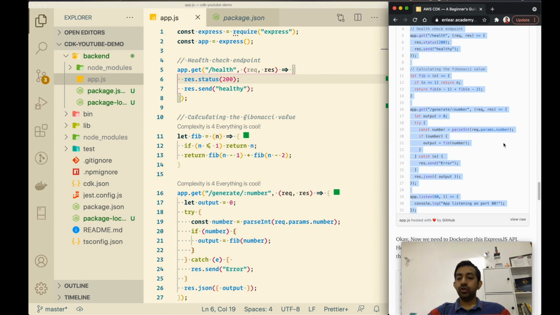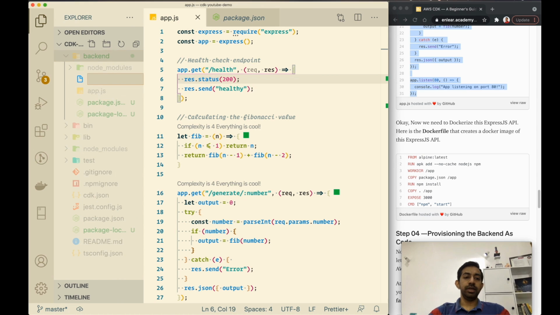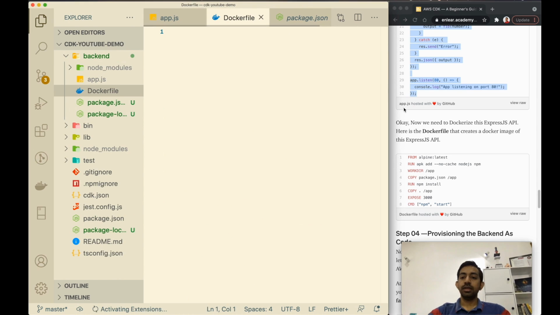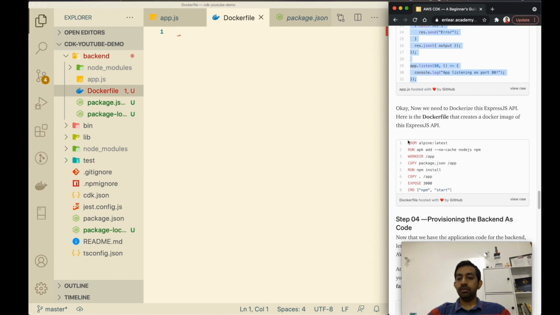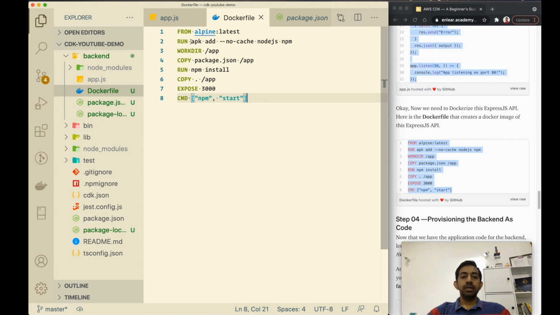In order to Dockerize, we need to have a Dockerfile. So here in the backend folder itself, I'm going to create a Dockerfile, and then I will copy paste this code, the Docker instructions, and save. If you quickly look at this, the base image is the Alpine image. This is a very small image, and then we are installing Node.js into that particular image, because I think the Alpine image doesn't have much really. So we need to install Node.js and npm, and then we'll set the work directory as /app, and we are going to copy the package.json file, right this one,